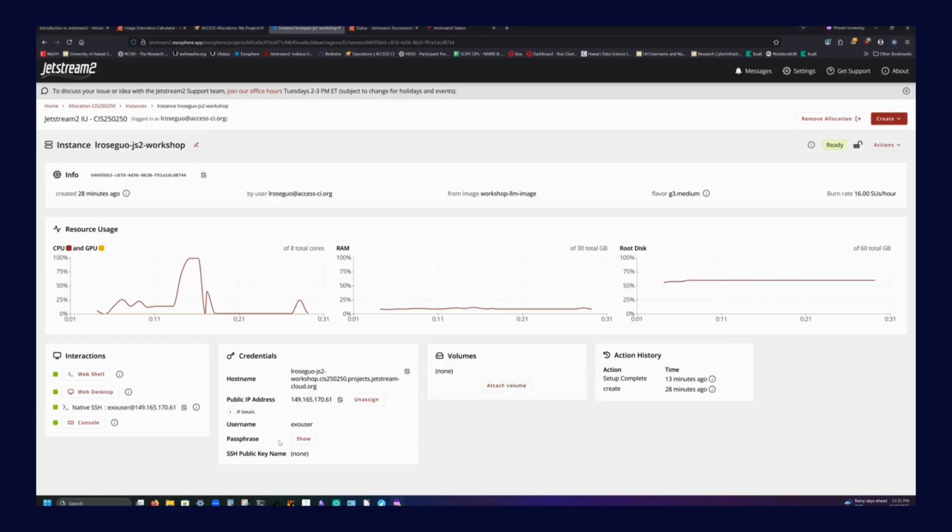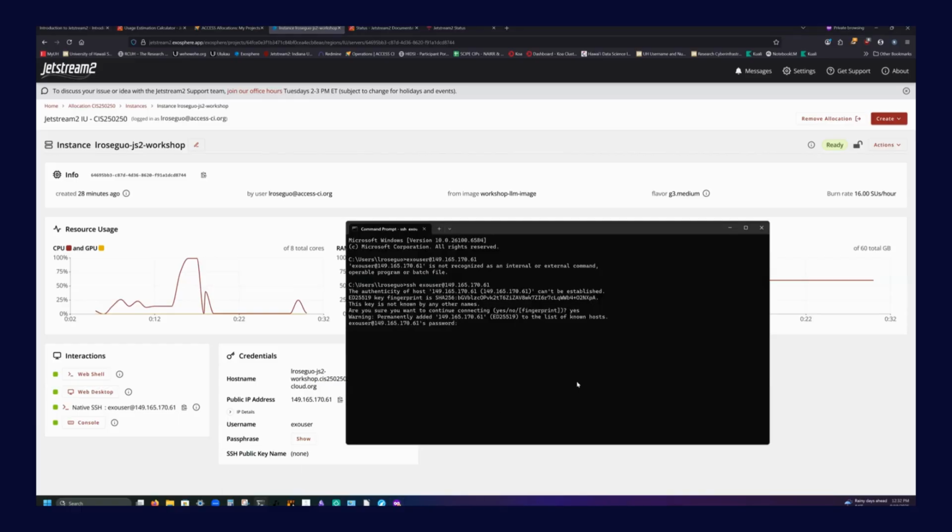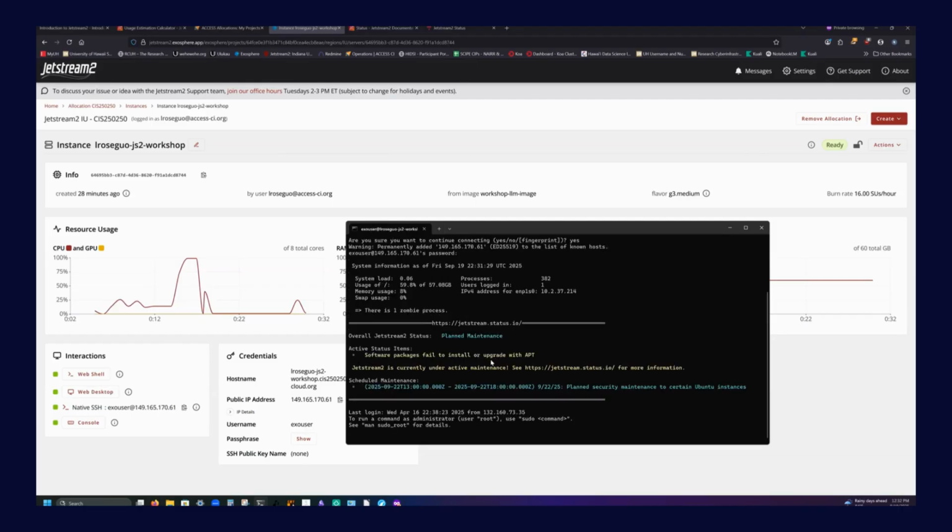And your password is located here. So I'm going to click Show and copy and hide that, and go back here and paste it. And when you log in through the terminal, it provides the exact same system status message as when you log into the web shell. So now